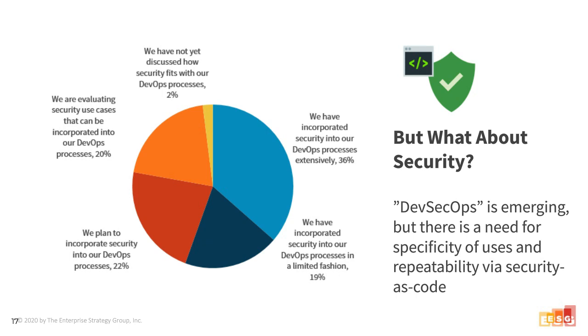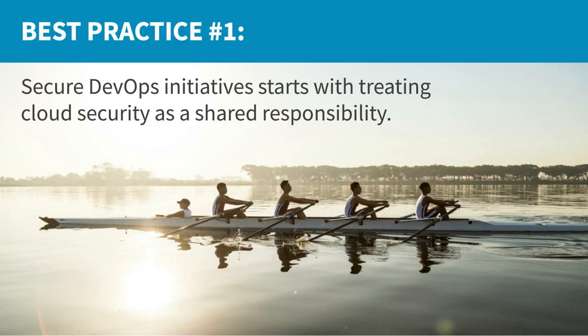Okay. Great. Well, thanks for waiting a half hour to get to the first best practice. We just wanted to set up again what these environments look like, the challenges, and overall adoption of DevOps and secure DevOps. So what's the first best practice? I touched upon this, and I think it has to start here. Every secure DevOps initiative and program has to start with organizational dynamics. It fundamentally has to include treating cloud security as a shared responsibility. It shouldn't be just on the DevOps team. It shouldn't just be on the security team. It's got to be shared across the cross-functional project team.